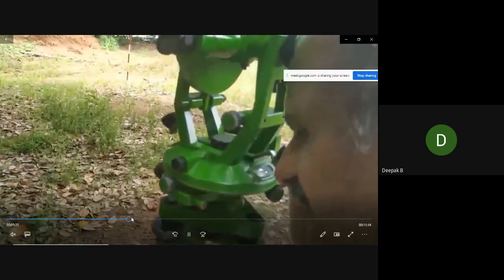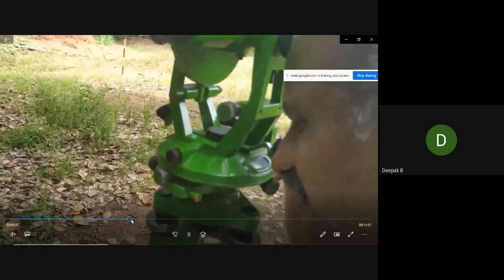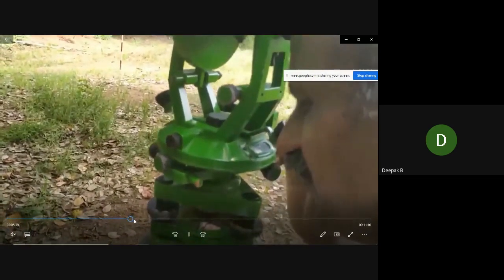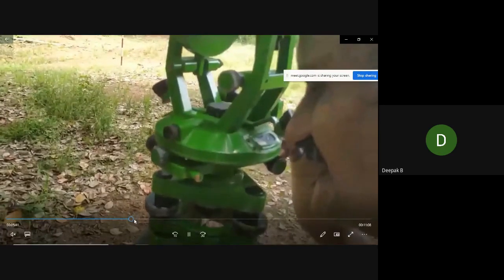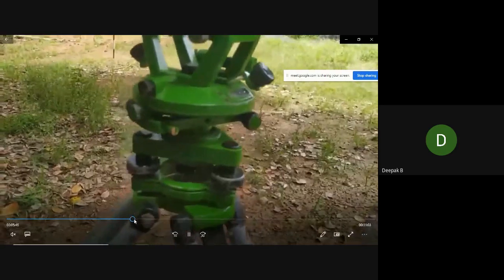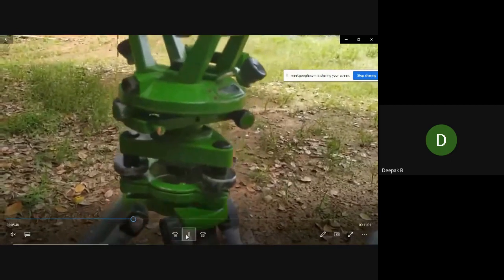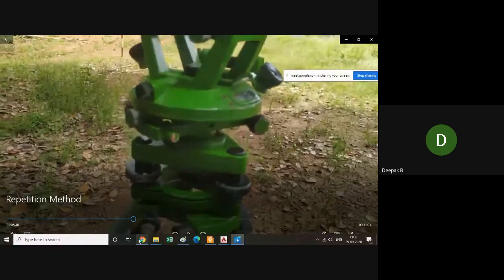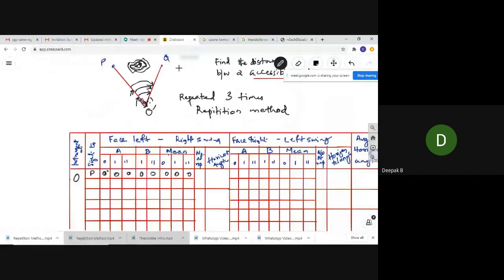And the first reading will be 51 degree 40 minutes 20 seconds. This will be the side to Q, and the reading is 51 degree